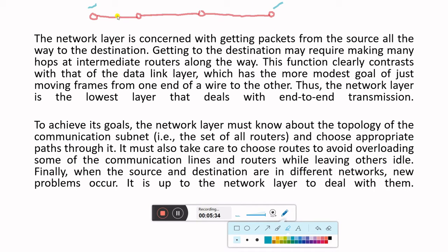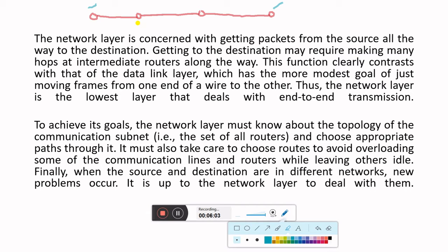So for this it uses these two intermediate nodes in this example. So data will transfer from node 1 to node 2, after that node 2 to node 3, and after that node 3 to node 4, and this is known as hop to hop delivery or node to node delivery.